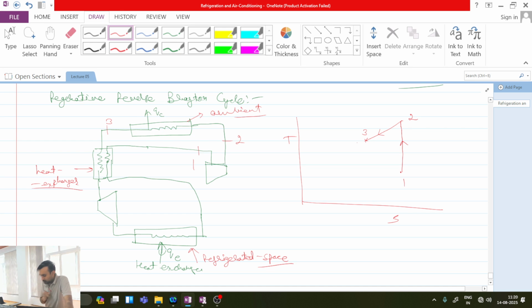So 2 to 3, again I have a heat exchanger. Now you have to understand one important point. This point 3 is corresponding to the high pressure. Okay, so at high pressure its temperature will be higher, whereas the point which is coming at the exit of the